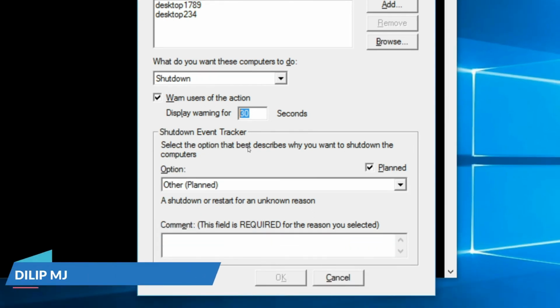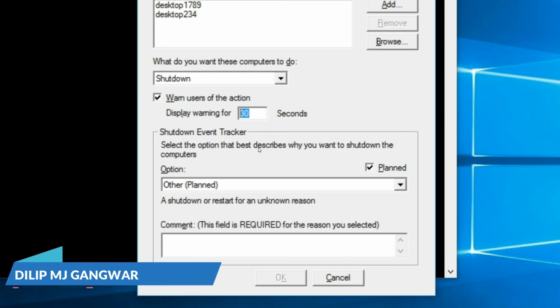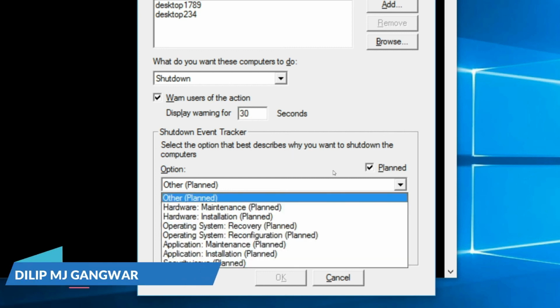And this is the shutdown event tracker. Shutdown is an event. If you are a programmer, you can understand this name, event. Every function, timer, every work you set, that is an event. So select the option that best describes why you want to shut down the computer. In the system log it is set as a planned event, not a sudden event. Okay, so this is for the system log. What is the reason to shut down?